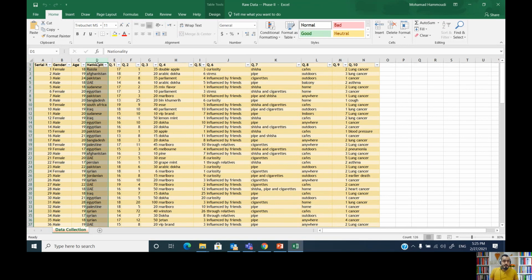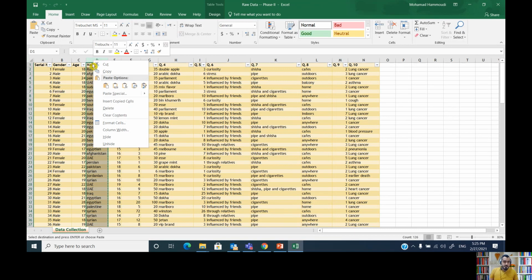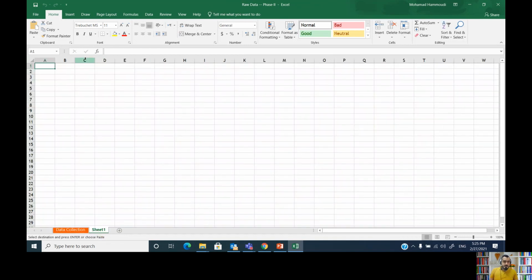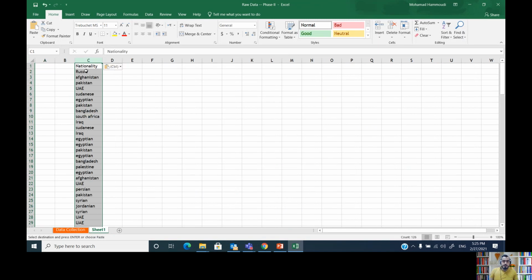Now, to do so, what we have to do is to put the cursor at the top till you see this black arrow and then select the whole column. And then you can use shortcuts or hotkeys, like, for example, Ctrl+C in order to copy the whole column, or right click and then you can choose copy. And then we want to open a new worksheet by clicking on this plus sign. And then we will put the cursor somewhere here. And then we will hit Ctrl+V or paste the